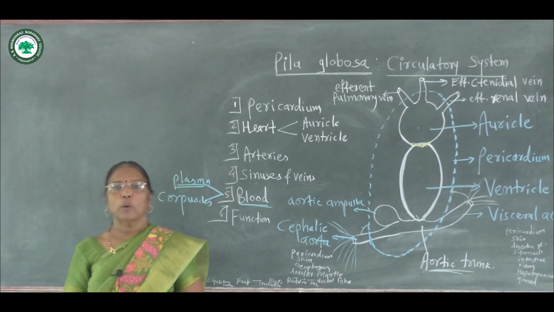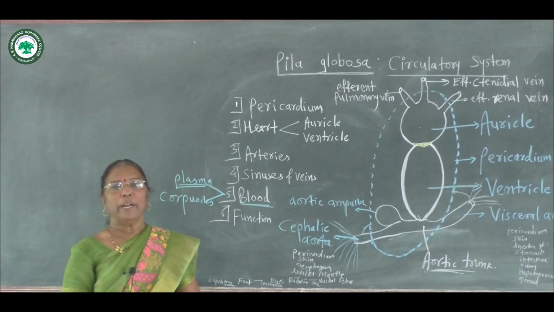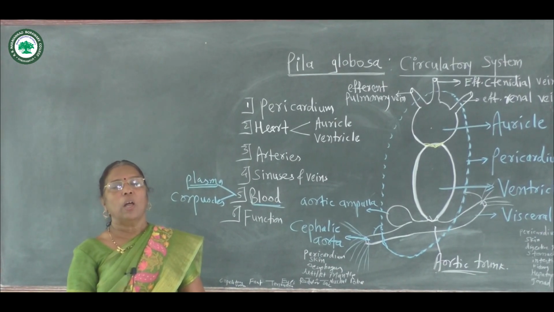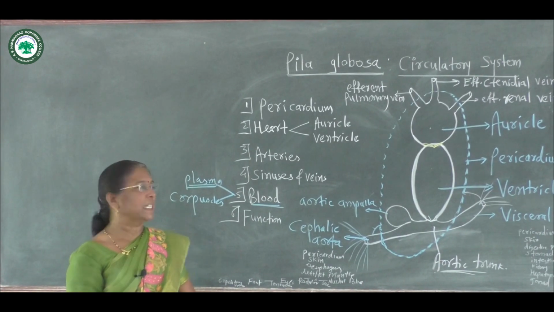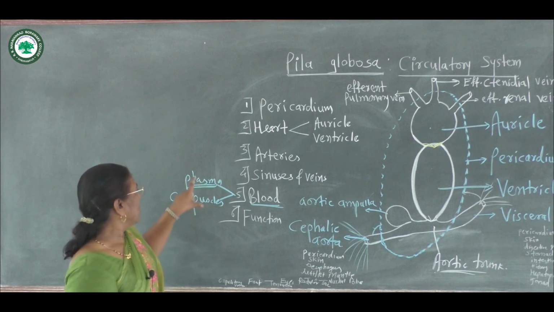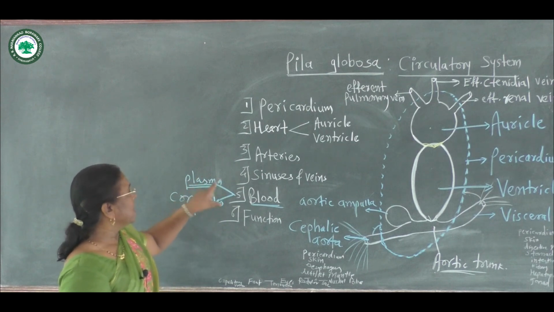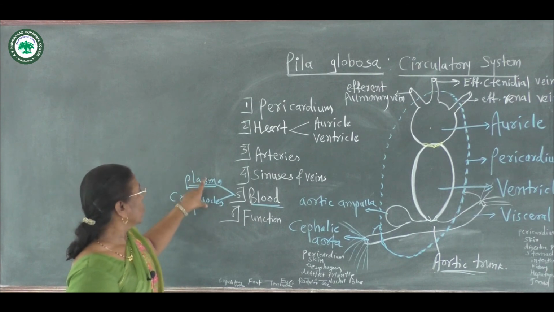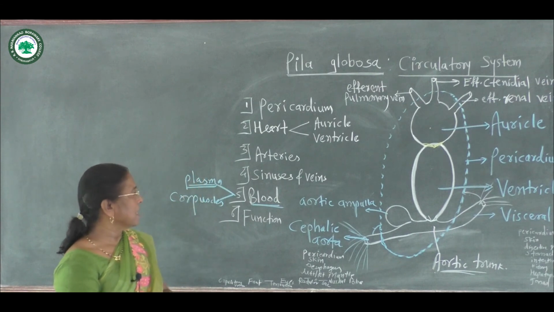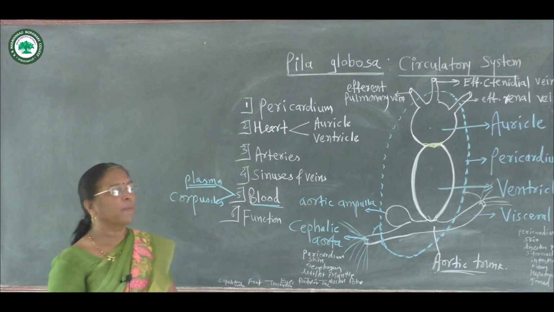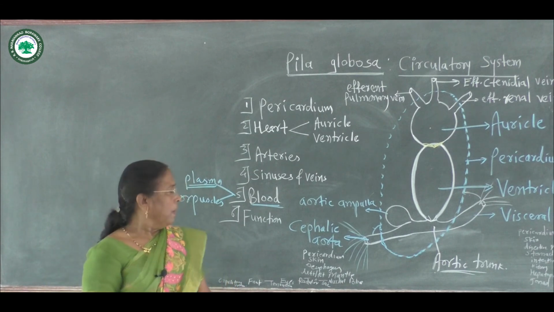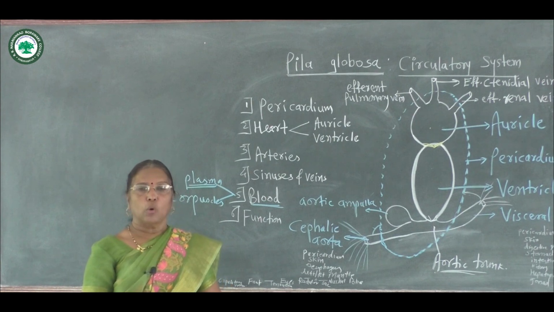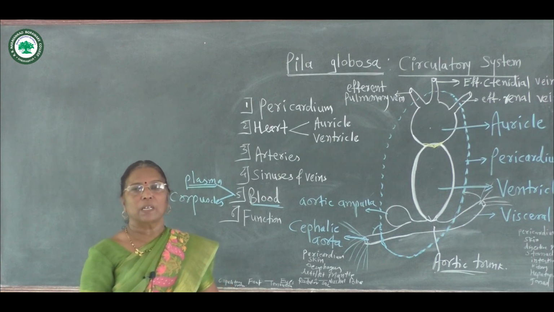These blood corpuscles are amoeboid in shape, or some of them are variable in shape. All of them are called leukocytes. Thus, the blood which is present within the body of the animal shows plasma and corpuscles. Then the function of blood. Blood mainly shows a transport function. Transport means